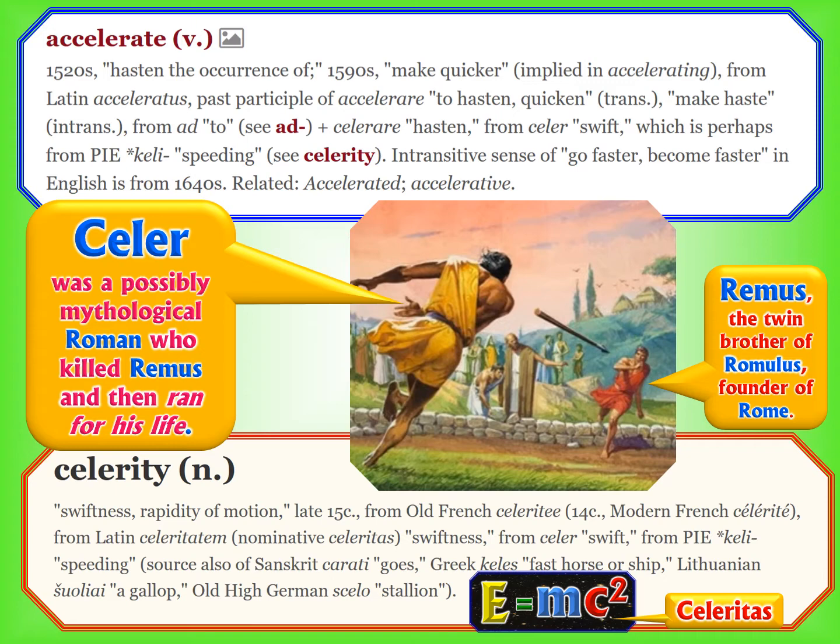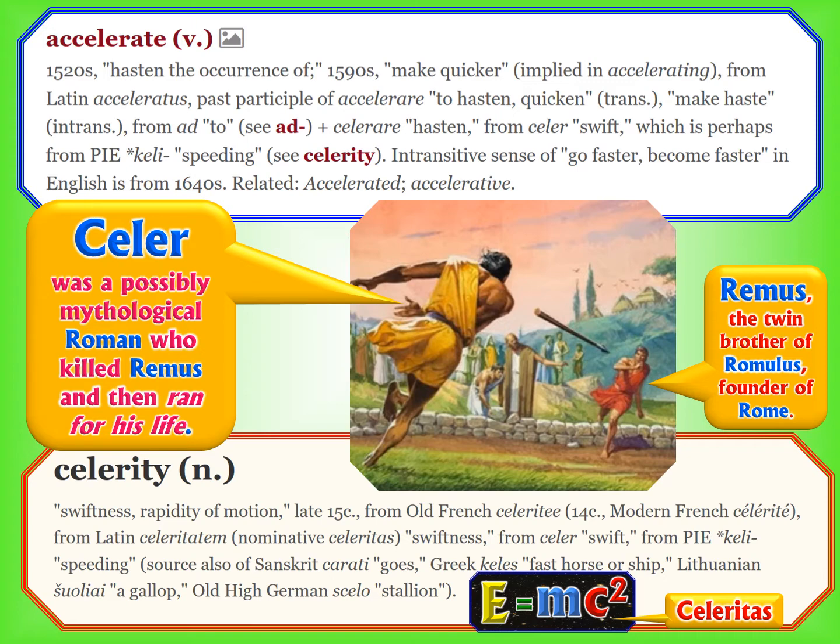So his twin brother often lost out, and the way he lost out the most was unfortunately the way that he died. He was mocking his brother's brand new city, and he jumped over the wall, and they thought he was an invader. And then Romulus's friend Celer, C-E-L-E-R, killed Remus. Then he realized who it was. He realized, oh my gosh, I just killed the first king of Rome's brother. I better get out of here. And I guess Celer was very athletic, and he ran really fast. So fast that the word accelerate was named after him.